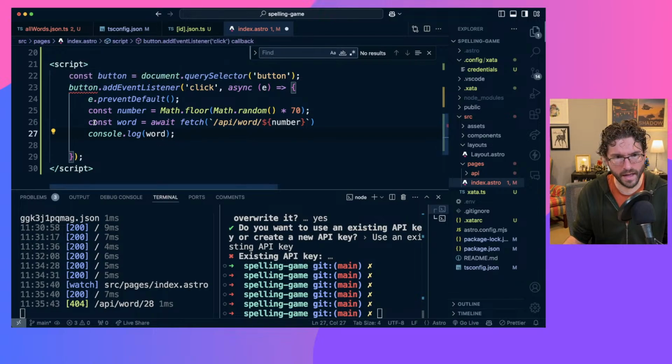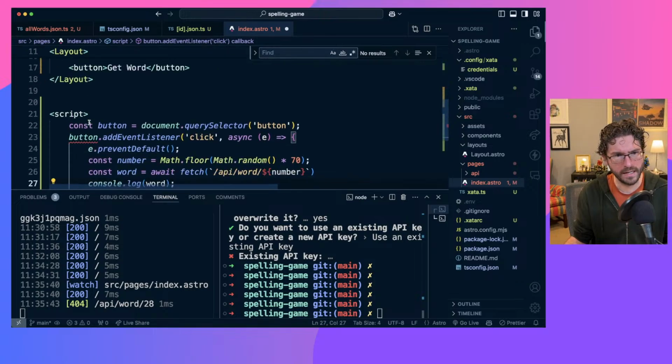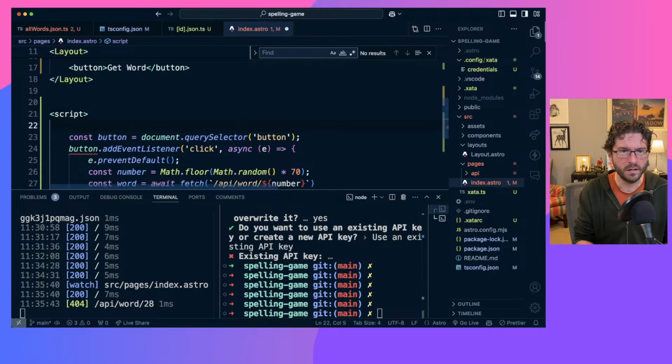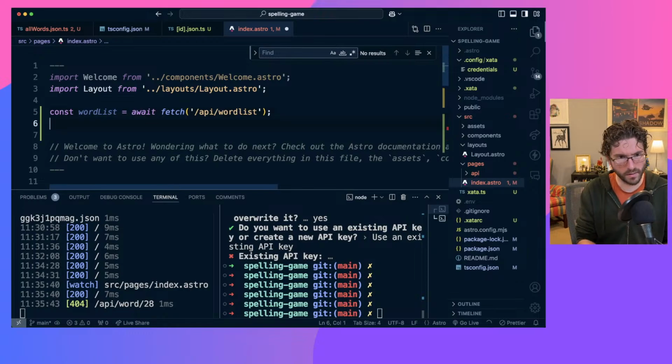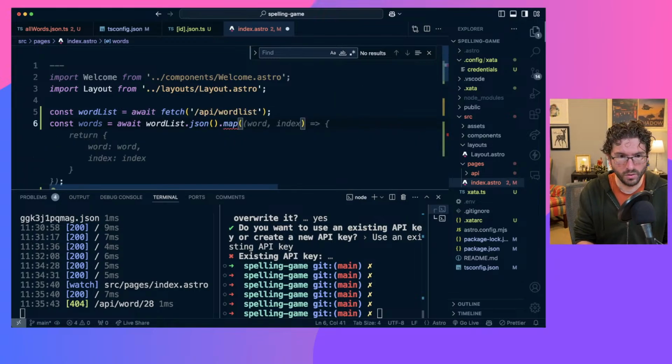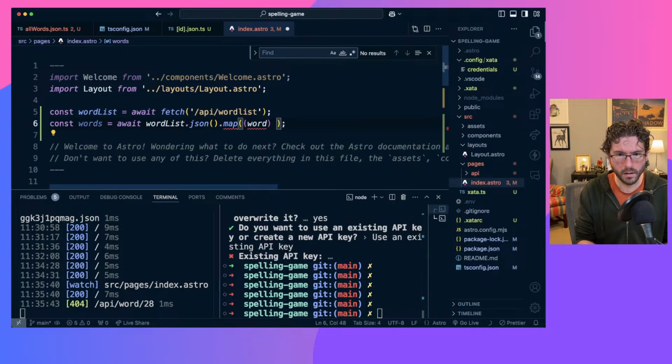So yeah, instead of that, except I don't have this in JSON at this point. So I need to have that here. So, let's rejigger this a little bit. Words is await that, but I want to map it to just be word. And for that, I want it to be,